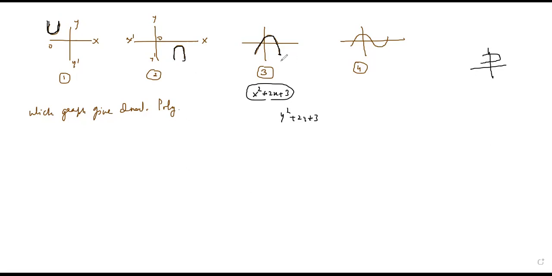Clear? So now look at this: the graph of a quadratic polynomial is always U-shaped. See, this is a U shape, so it is a quadratic polynomial. This is a U shape, this is a quadratic polynomial. This is not a U shape. This is a continuous graph. So this is not a quadratic polynomial. I hope this is clear with everyone.